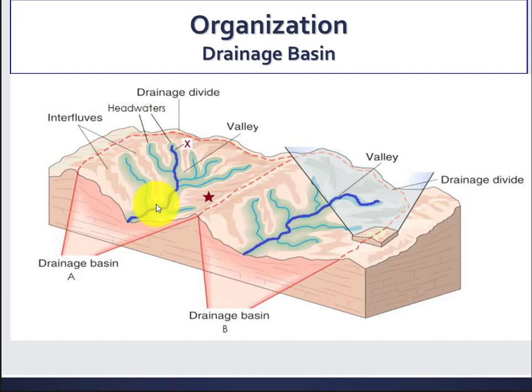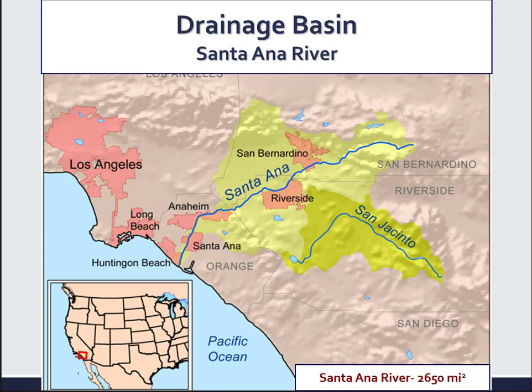Are they most likely going to find the source of your pollution over here? No, because your water is polluted by something that's probably occurring over on this side. So it's important to understand the drainage basin. Now, close to the college, close to the Santa Ana,